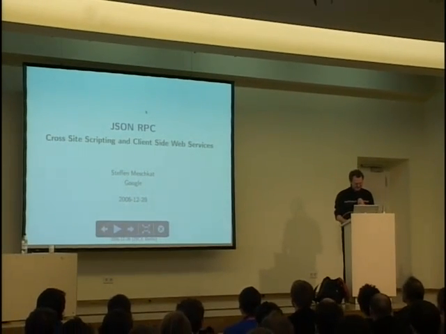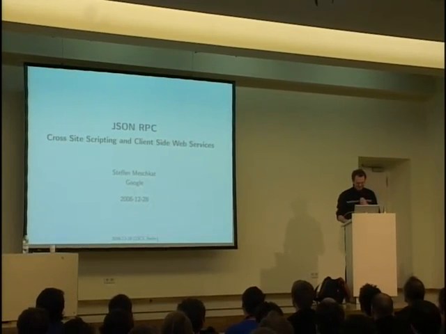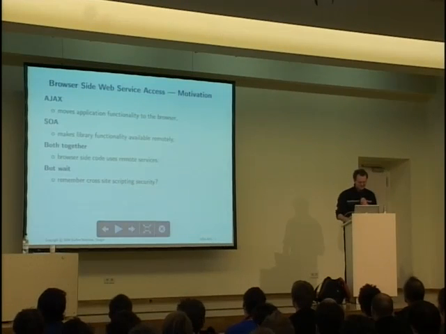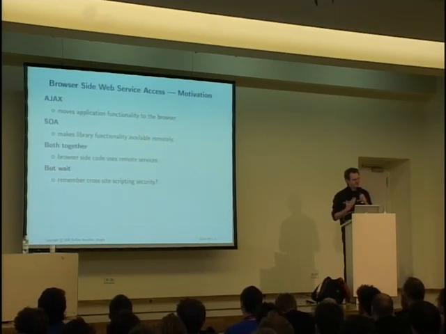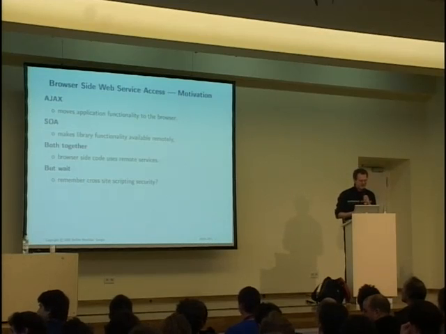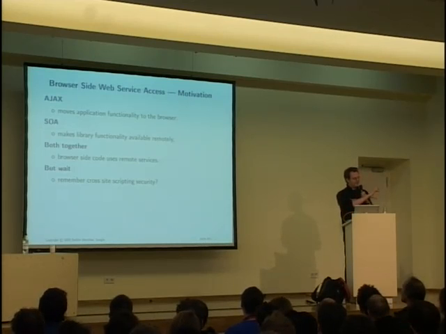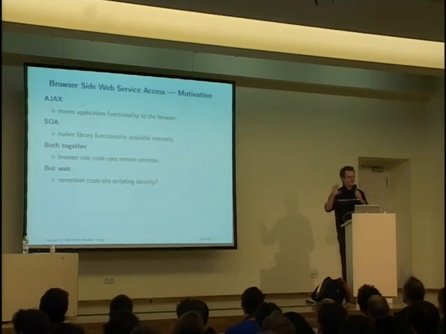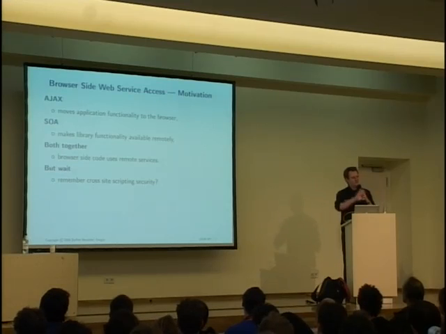We start right away talking about JSON-RPC. A little bit of motivation to start with. AJAX is very well known, I suppose. That's a new way of building web applications. And the essential property of the AJAX architecture for web applications is to move application logic from the web server to the web client, that is, to the browser. So you push program code to the browser and the application logic actually executes inside the browser on the client